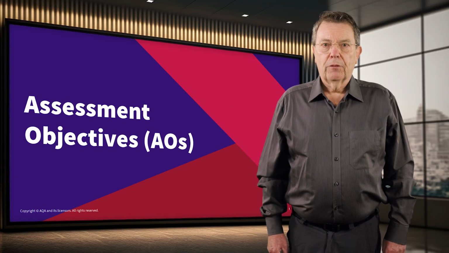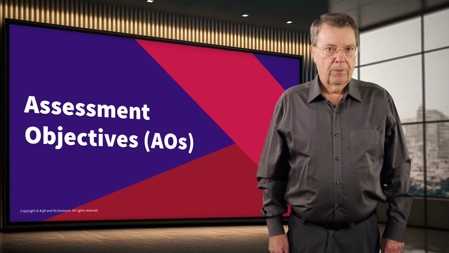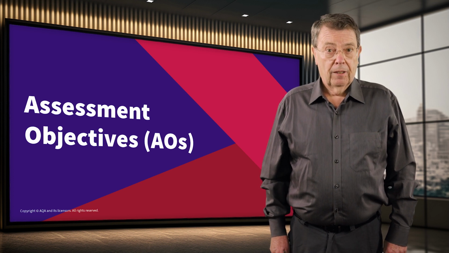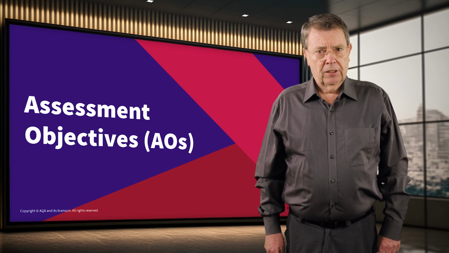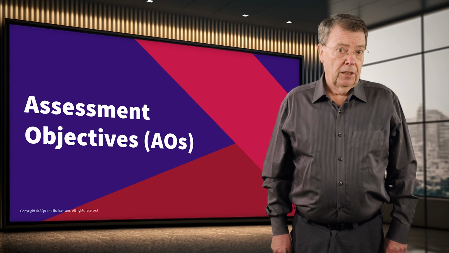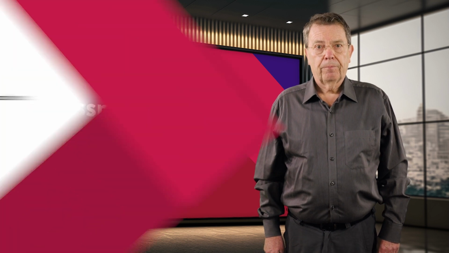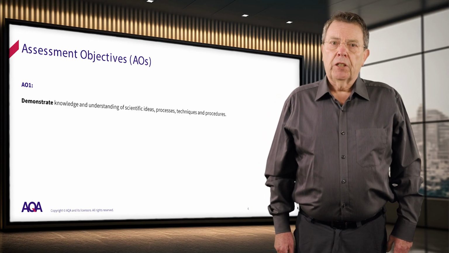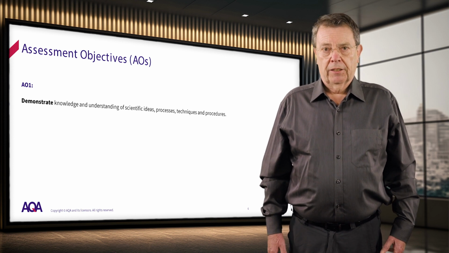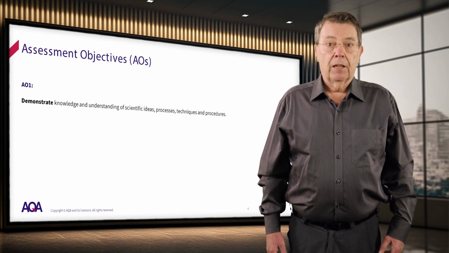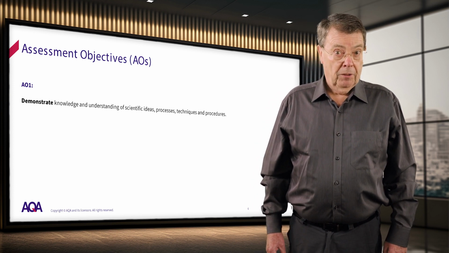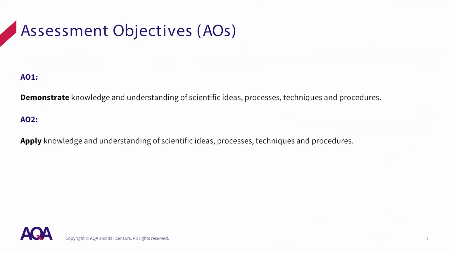It's perhaps worth spending a few minutes talking about assessment objectives, a phrase which lead assessment writers tend to abbreviate to AOs. As I said earlier, these assessment objectives have a major role in ensuring the validity of the assessments year on year. The AOs divide the assessment into 3 cognitive categories. AO1. This is all about the demonstration of knowledge and understanding of scientific ideas, processes, techniques, and procedures. Incidentally, you can find all these definitions and details about them in the specification itself.